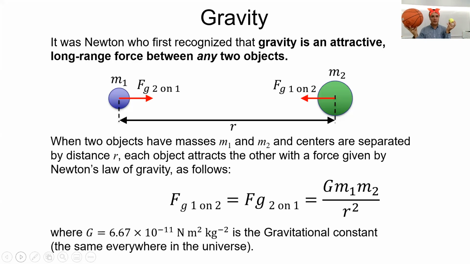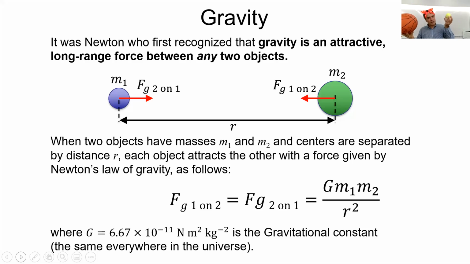Any two objects with mass will attract one another. And this is not the electric force, it's not magnetic, it's a whole other force called gravitational force. It's always attractive between any two masses, and it always pulls them directly towards one another. So these two forces are equal and opposite. According to Newton's third law, they must be. And they also have the same magnitude, which is G times M1 times M2 divided by the distance between them